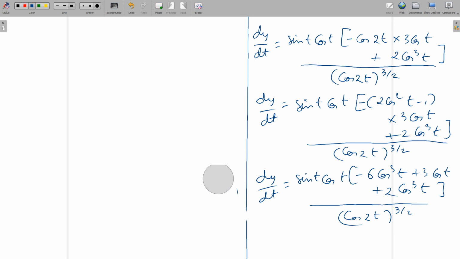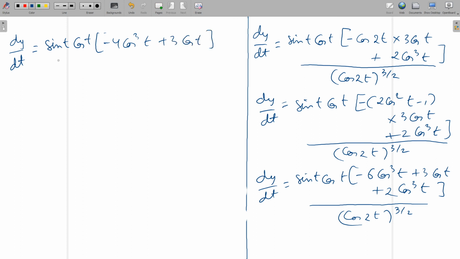So yes, now simplifying this further, we will get dy by dt equal to sin t into cos t. So this will become minus 6 cos cube t plus 2 cos cube t, that will give us minus 4 cos cube t. So minus 4 cos cube t plus 3 cos t, the whole divided by cos 2t raised to 3 by 2,